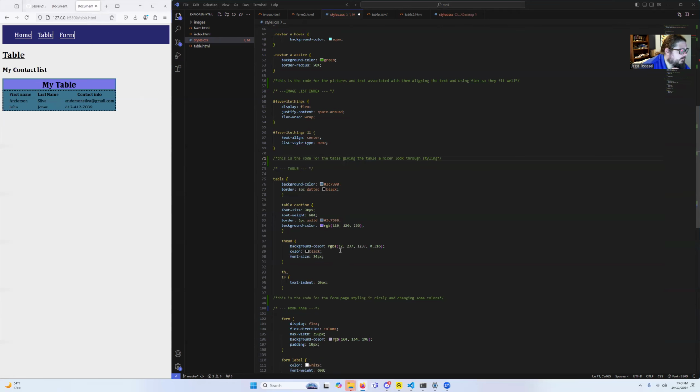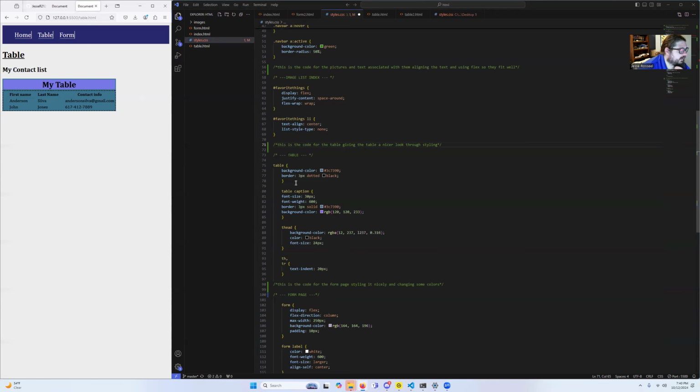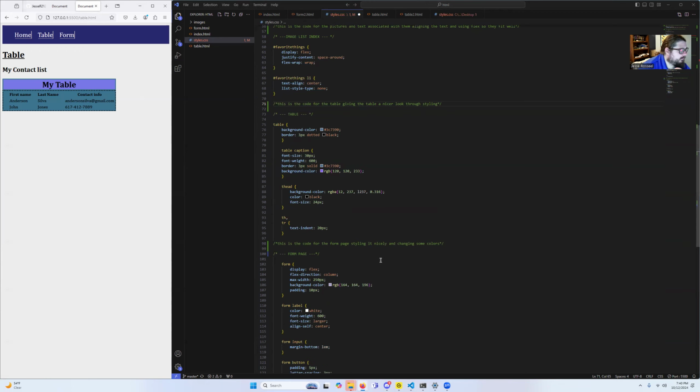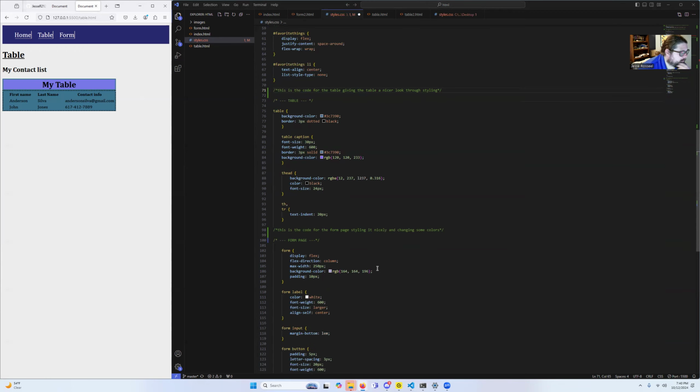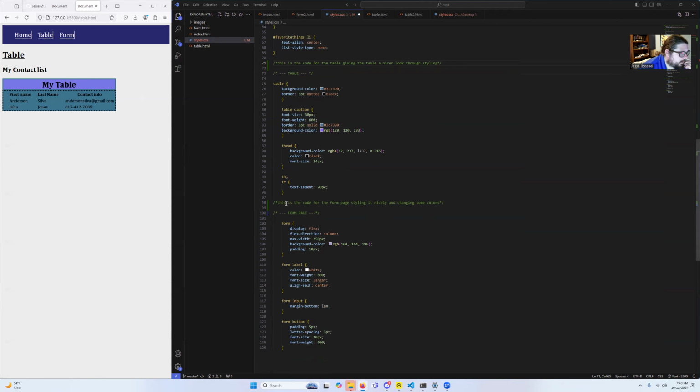So you can see all the code here from what we did. We even added a little border, nice dotted border. From there, we'll move on to the last part, which is the code for the form page, styling it nicely